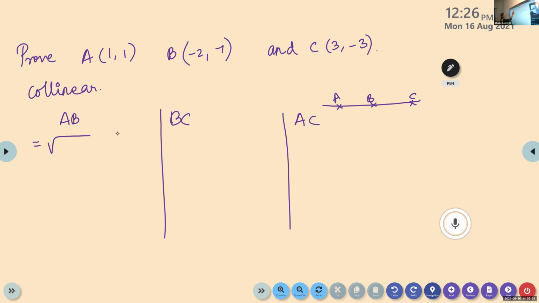AB is root of minus 2 minus 1 the whole square plus 7 minus 1 the whole square. So it is root of